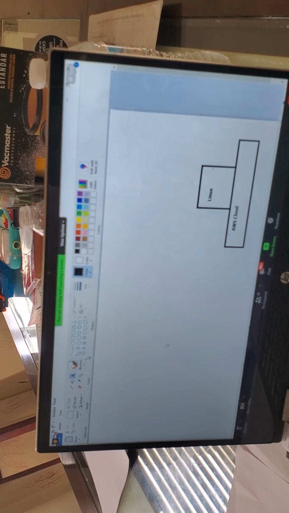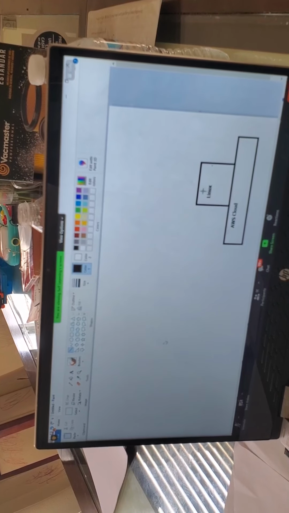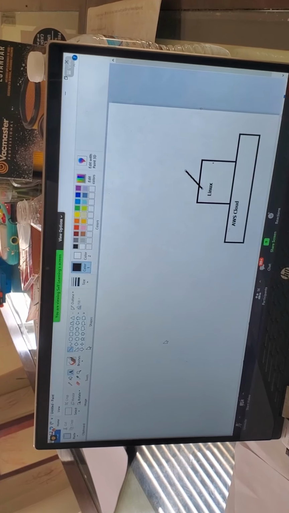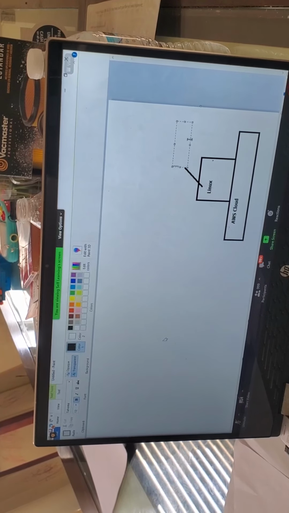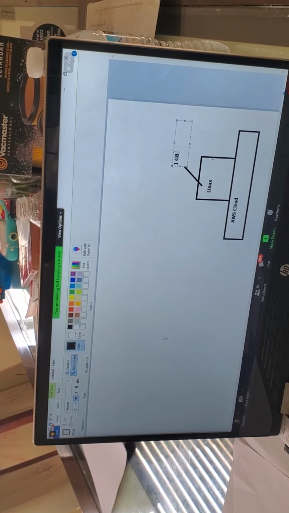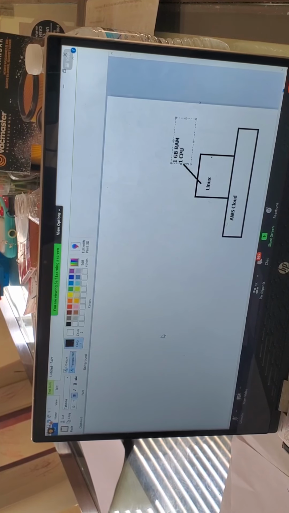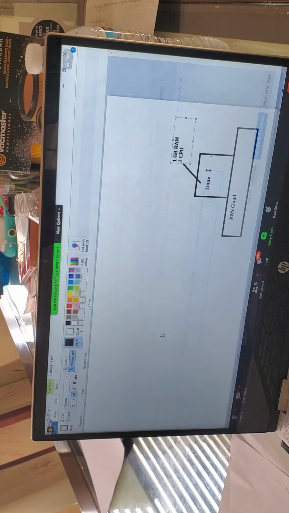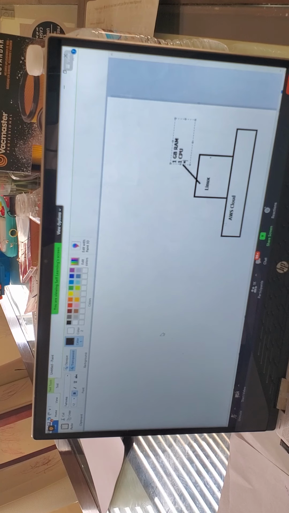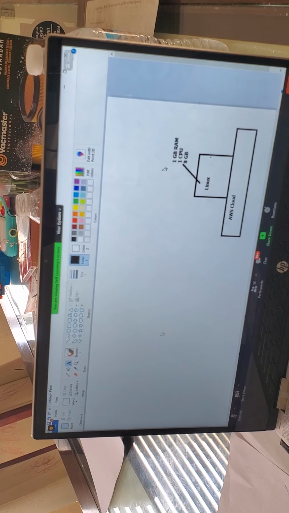What is the hardware configuration of this Linux machine? 1 GB RAM, because T2 Micro. 1 GB RAM, you are right, 1 CPU, and how much hard disk? Hard disk is all about storage. It is coming with 8 GB of hard disk. Perfect. So this is the hardware configuration of the Linux machine.